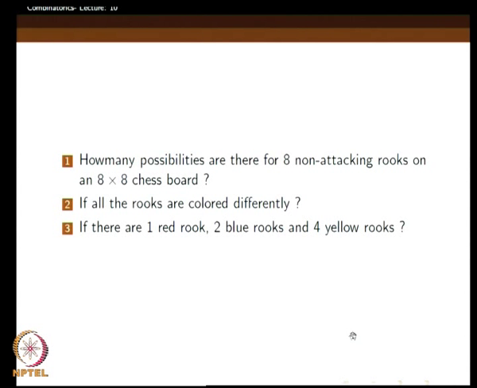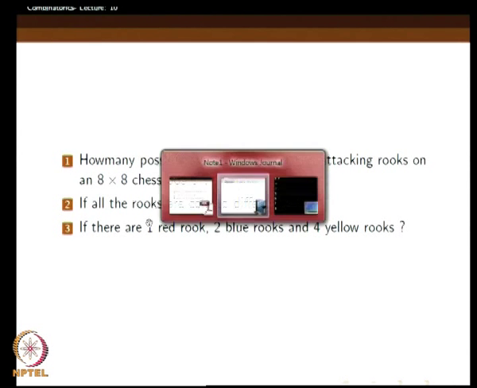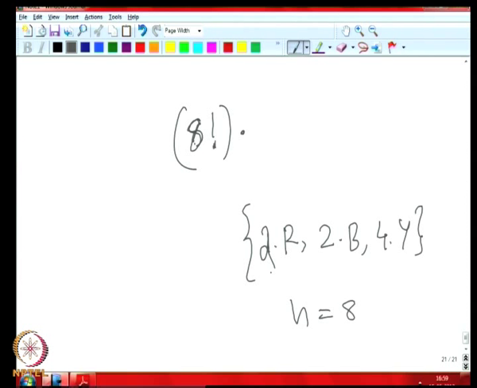Let us say 2 red rooks, 2 blue rooks, and so on, so that n becomes 8. So we consider an 8 by 8 chessboard, that is why I wrote 8 factorial. So now, how many ways can we